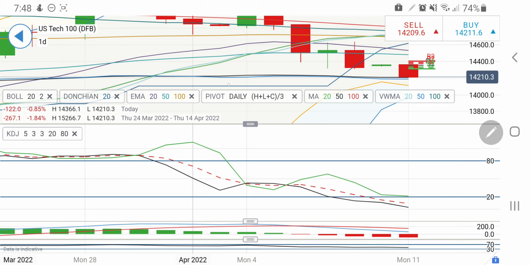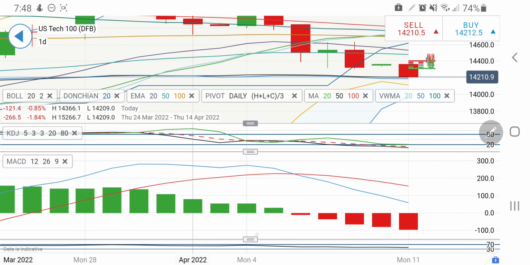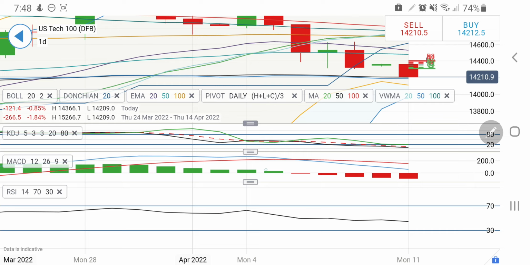The daily stochastic is extremely oversold here, and hence a bounce back is a must on Nasdaq 100. MACD is widely divergent, probably a convergence is required on the daily charts, and hence one can expect a little green candle. However, I will recommend that every drop towards 14,150 and 14,100 is a good level to go long on US100, where you can expect 14,300, 14,350 levels again. On the larger picture, 14,350 to 14,400 is the zone, sustaining above which US100 may see a good rise. So take your positions accordingly.